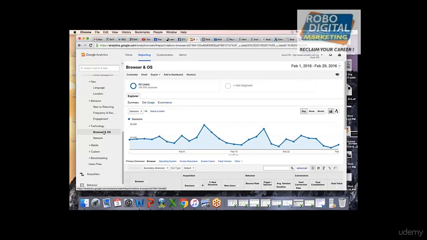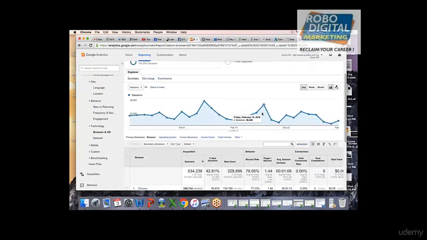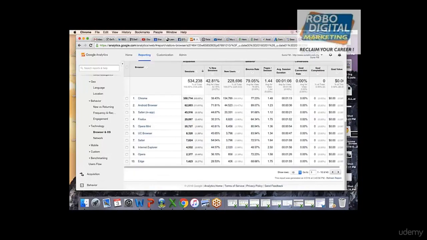Okay, so if you go down and look at the browser sessions, most of the sessions are coming from Chrome.